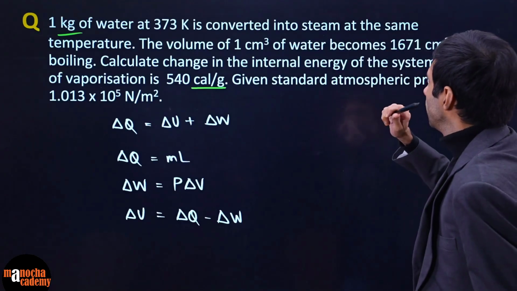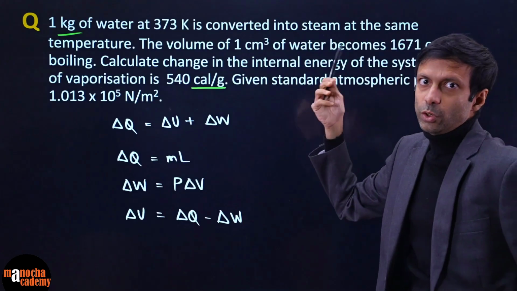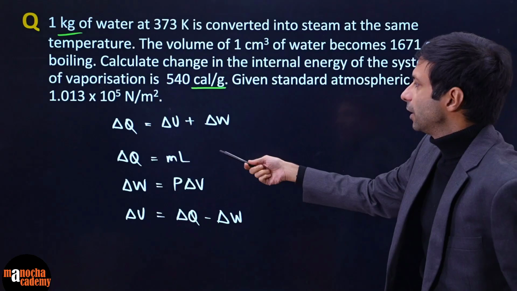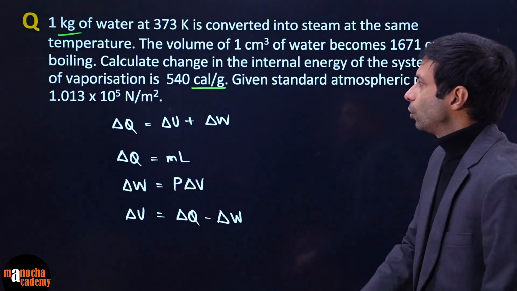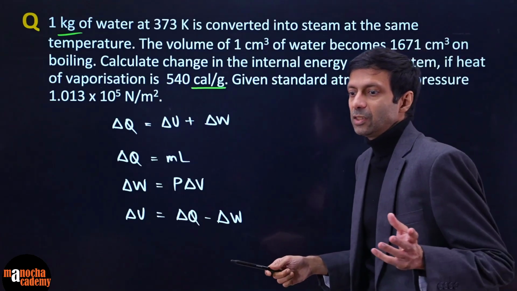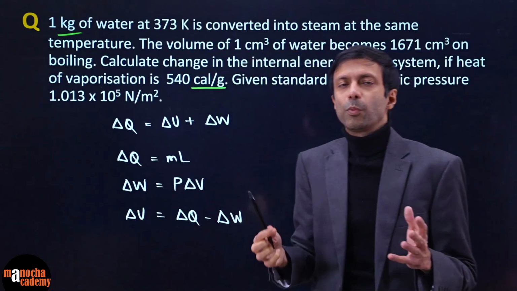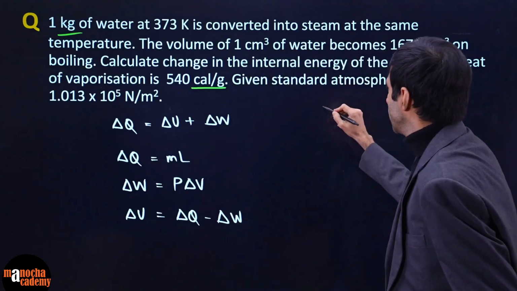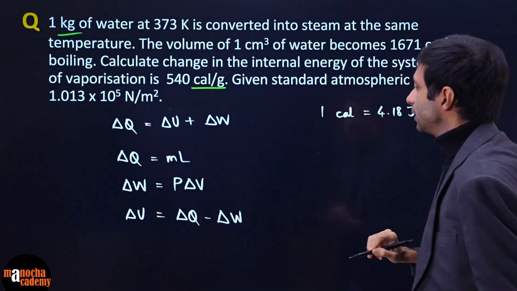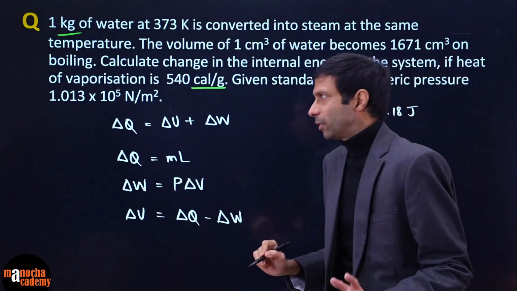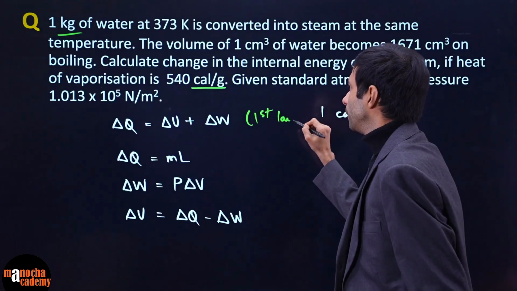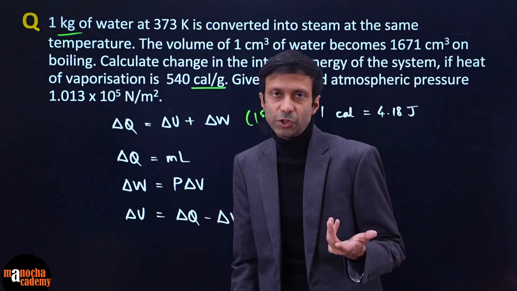This was given in calories. Because calorie is also a unit, you can get your final answer in calories. If your heat is in calories, but for the work done here the pressure is in Pascal, you might have to convert, and 1 calorie is 4.2 joules, or 4.18 joules. You guys know this. So if necessary, you can apply this conversion. Same concept, right? Apply this, and this is just based on the first law. After that, it's just calculation. So I just wanted to show you how to do these questions.